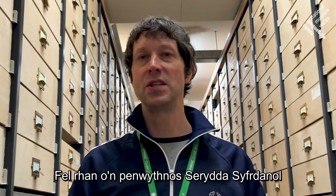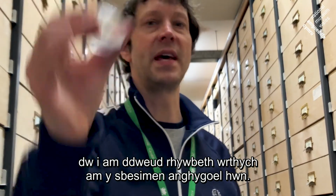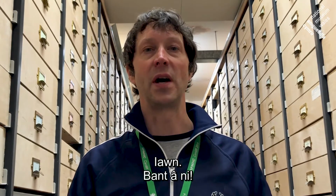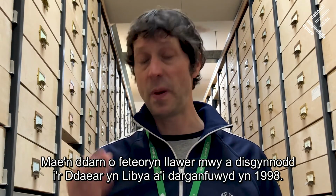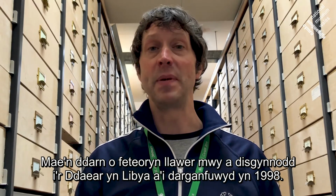As part of our amazing astronomy weekend, I want to tell you something about this amazing little specimen here, and I'm going to try to do it in 60 seconds. Okay, here we go. This is an achondrite meteorite, which is a group of stony meteorites that have gone through melting and change. It was part of a much bigger meteorite that fell to Earth in Libya and was found